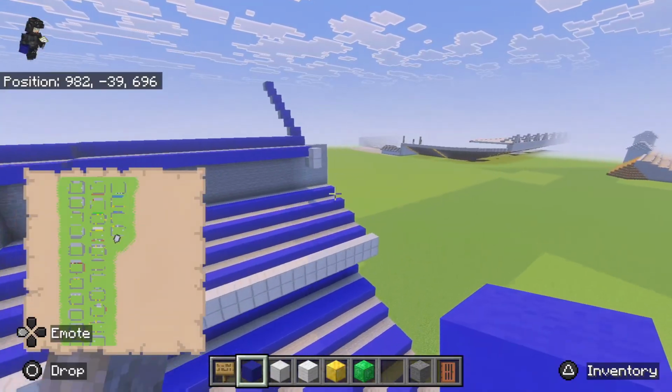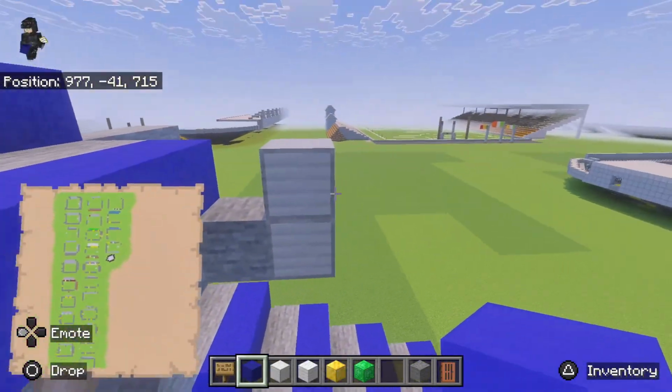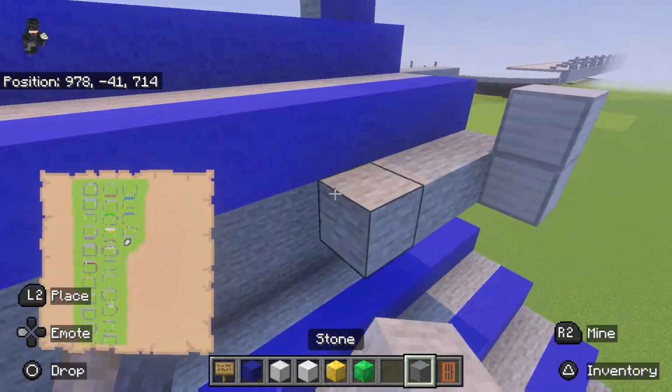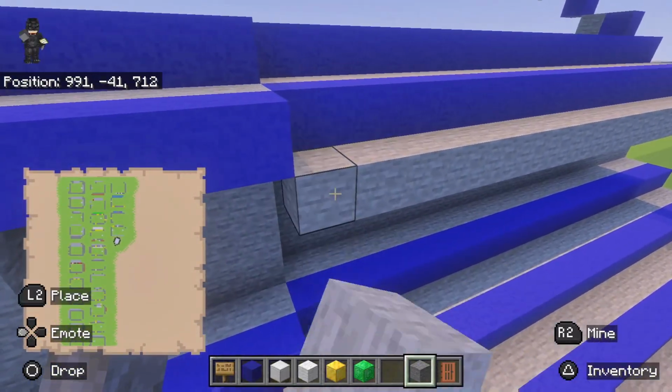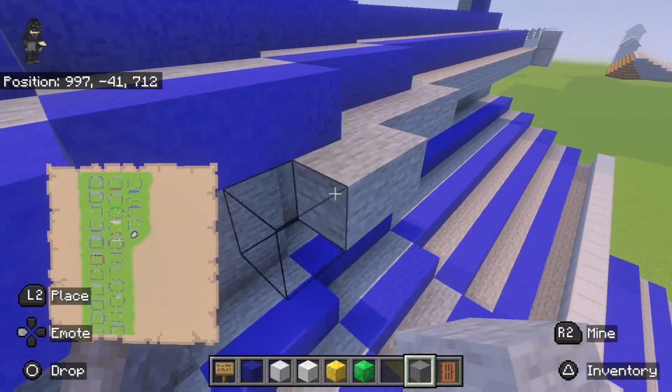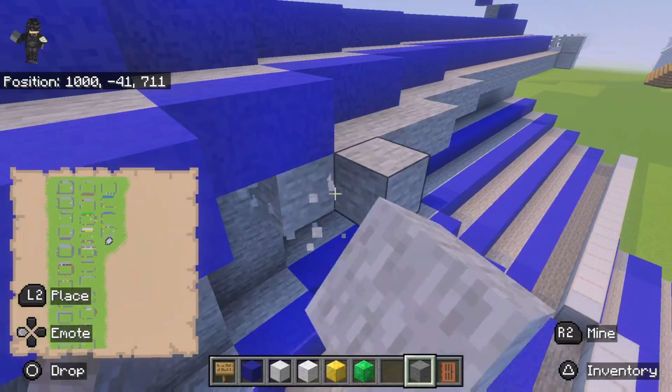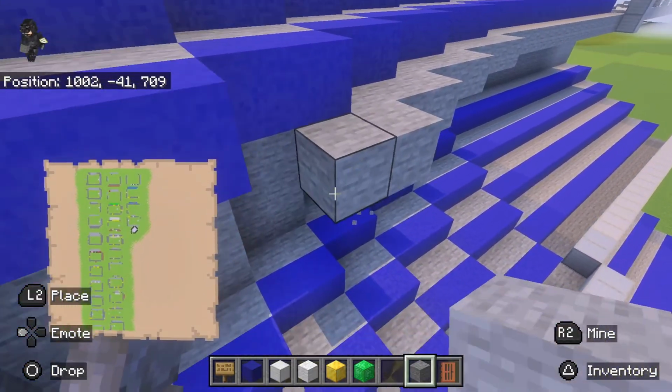And then, of course, that just leaves us with the walkway and the barrier. So you'll just curve it out around. It just lets, if you wanted to, once you have the stadium done, you want to actually